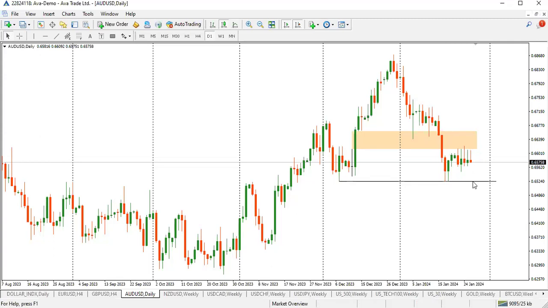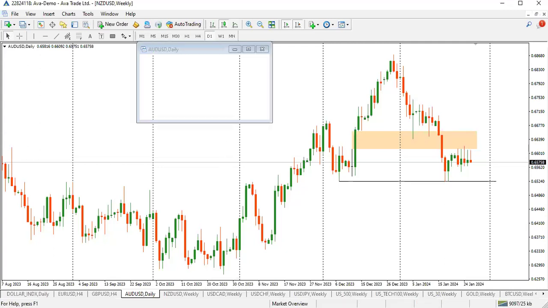AUD USD. I don't see that, except if we have a movement of dollar going lower. That's when this could resume its bullish move. I want to see it smash these lows because we have sell-side liquidity resting, a pool of liquidity resting below these lows. I want to see it smash it before any price runs higher.